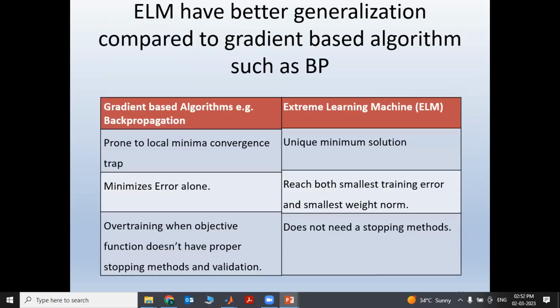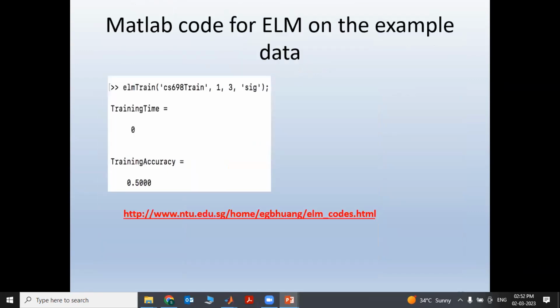These are simple applications, and there are a lot of applications. If you are interested, you can download the code also. The code will be available here. Just search Professor G.B. Huang, NTU Singapore. It will direct you to his website, and he has also given the MATLAB code, Python code, everything associated with it. You can download it accordingly and enjoy. You can give your own data set and enjoy the training time. This is one data set I have given. The training time is showing 0. 0 means it is very near to that, maybe 0.000 something.